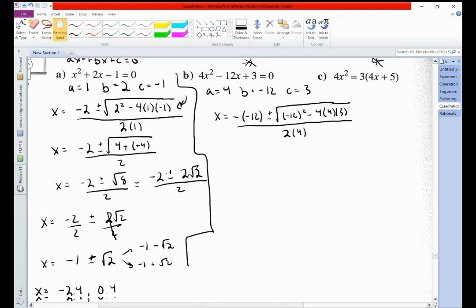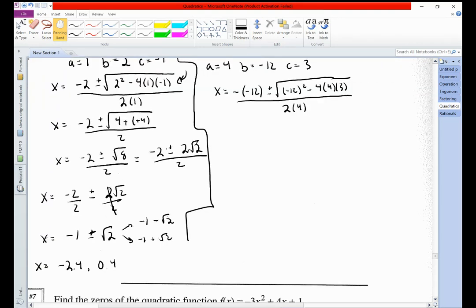There we go. So the first term is negative or minus negative 12, which is going to just leave us with positive 12, plus or minus, well, negative 12 squared is 144, and then we're going to subtract 4 times 4, or let's do 4 times 3 is 12, times 4 is 48,